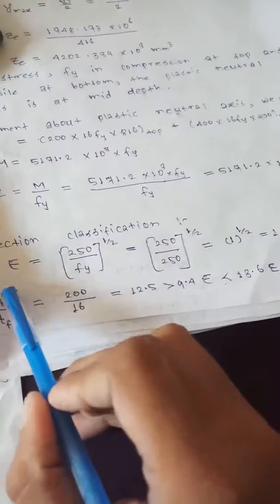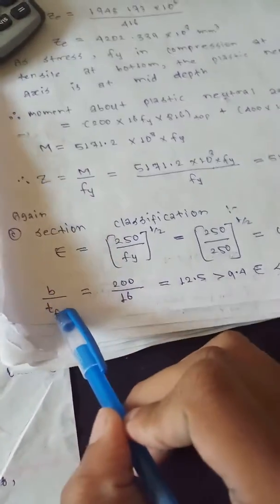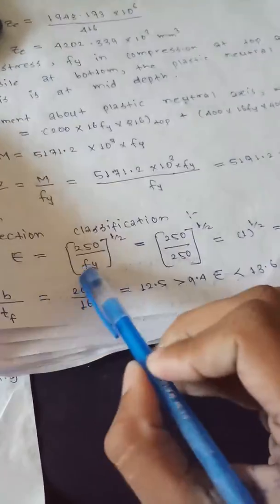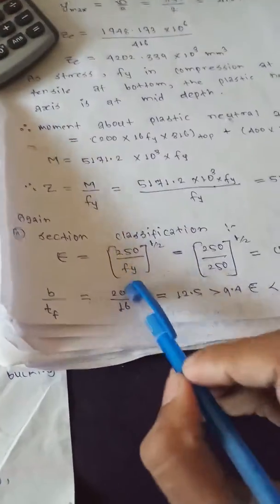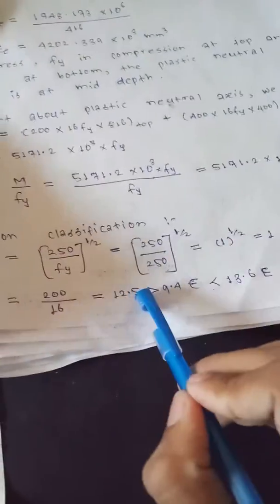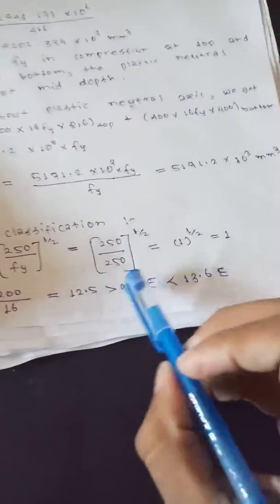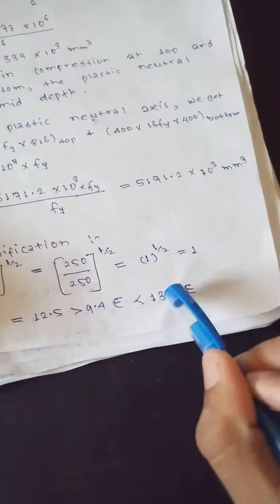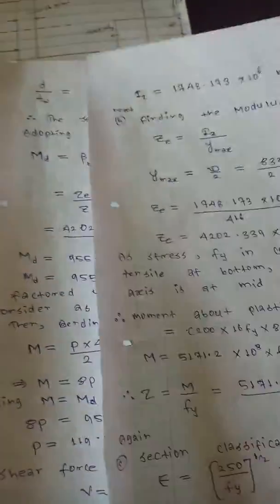Now we have to calculate b by t_f. t_f is equal to 200. b is nothing but breadth, and breadth is given, so 200 by 16 is equal to how much? If we calculate in the calculator, we get 12.5, which is greater than 9.4 and less than 13.6 E. Okay, after calculating this,